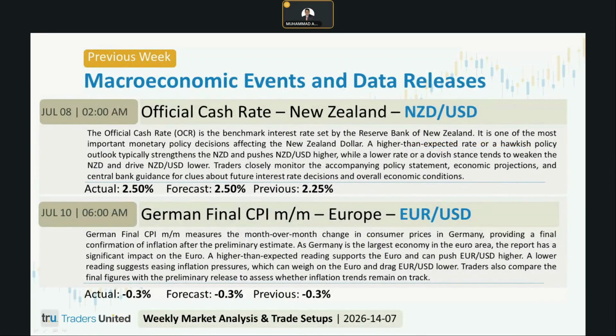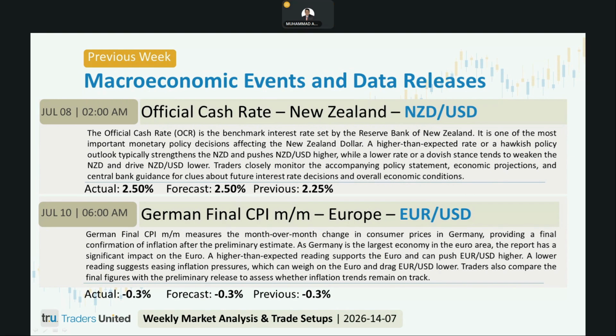Although the German final CPI matched market expectations, broader market conditions favored continued weakness in the euro dollar currency pair. If US dollar strength persists and ECB policy expectations remain unchanged, Euro USD could continue to trade lower. However, Forex traders should continue monitoring upcoming Eurozone economic releases, ECB communication, US economic data, and overall market sentiment for